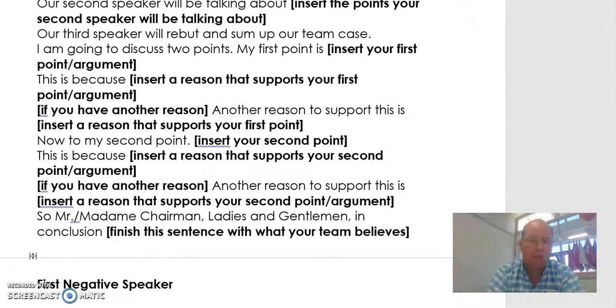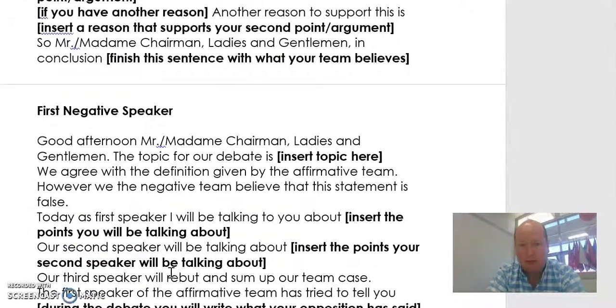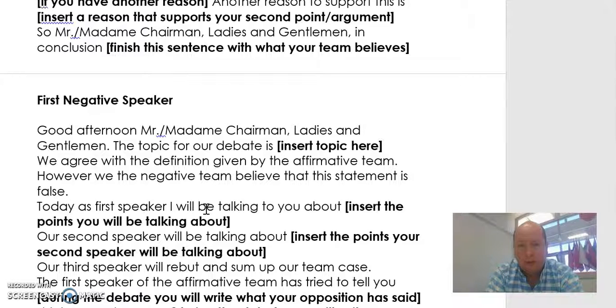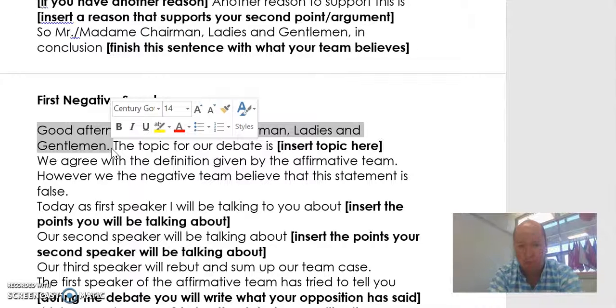So if the debating topic was that gates should be banned, then your team line might be different if you're on the negative side, saying that gates shouldn't be banned, which would be a weird topic, but you never know. So just going down, I'm not going to talk about this one all the way through, but as we can see here, each step closely follows through, with repetition of the sentence at the beginning. Everybody says that, it's important, that's part of your marking criteria.